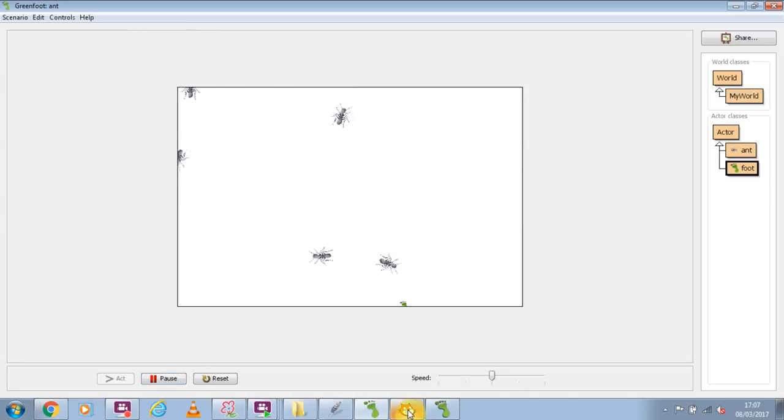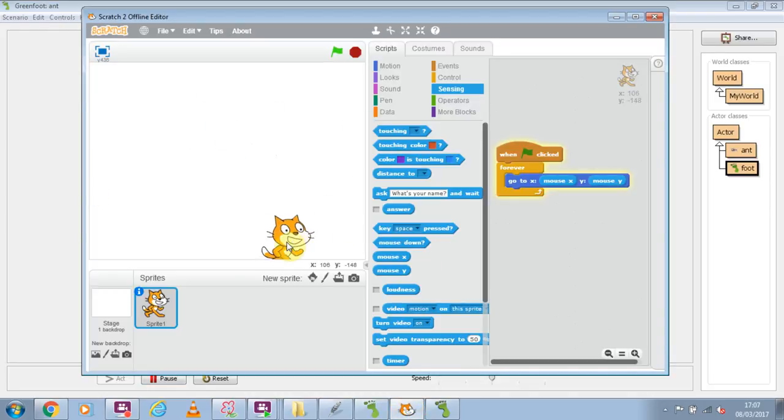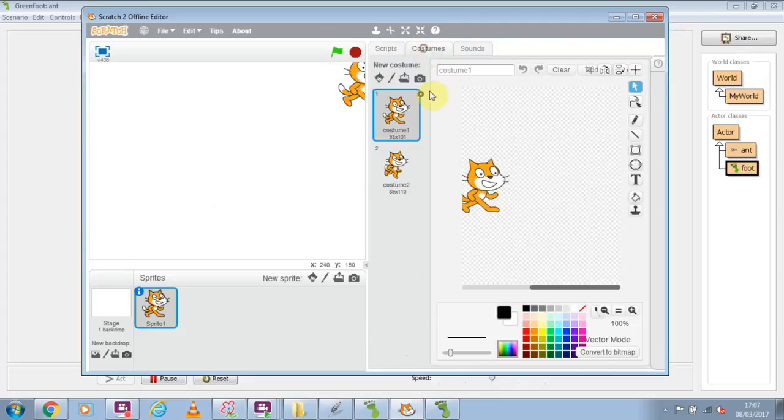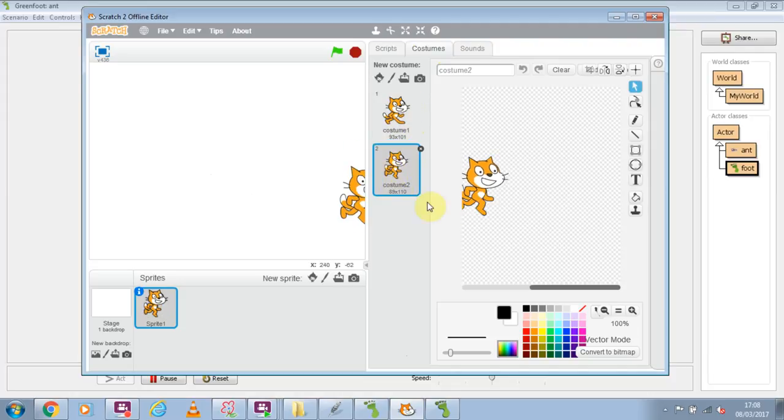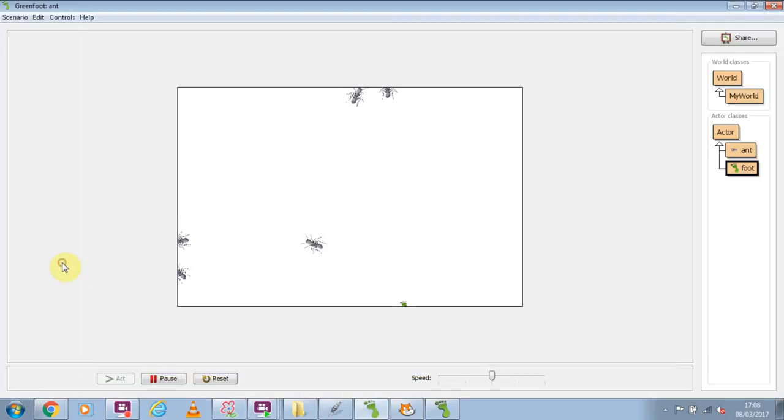Now, to talk about this, I'm going to go back into Scratch again. You see, the thing about the cat is it can have more than one costume. Unlike us, it can change its image, and if we want to muck around with that image and change, say, its scale, we need to first find out which image the cat is wearing. Well, it's exactly the same in Greenfoot. We can have more than one image that the instance of that foot is wearing. So the first thing we need to do is find out what that image is, and then we change it. So to do that